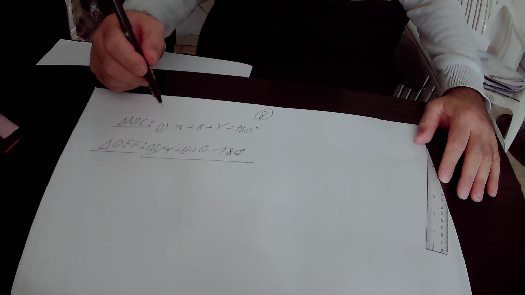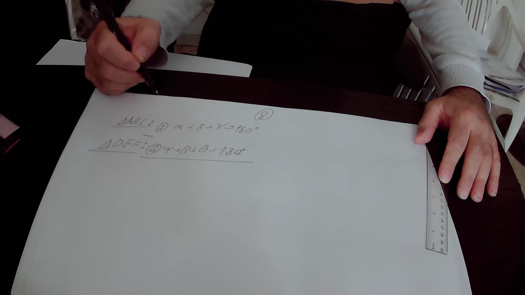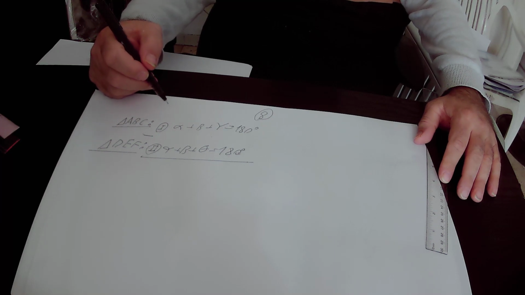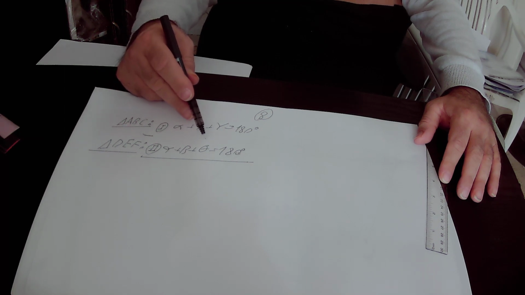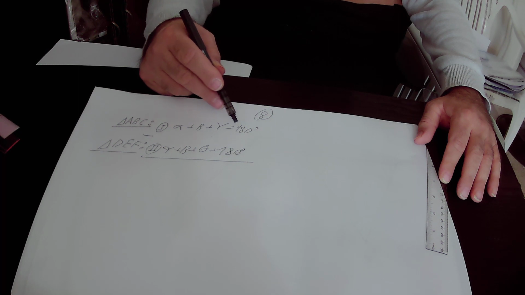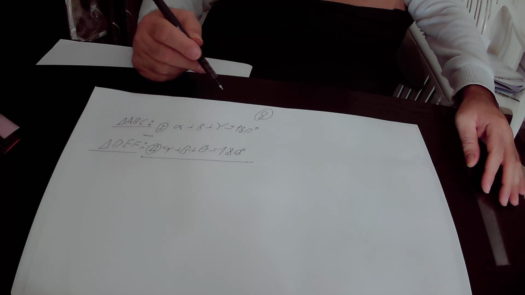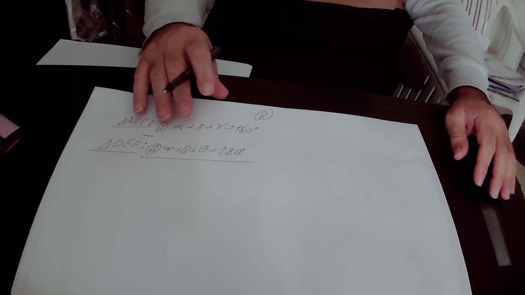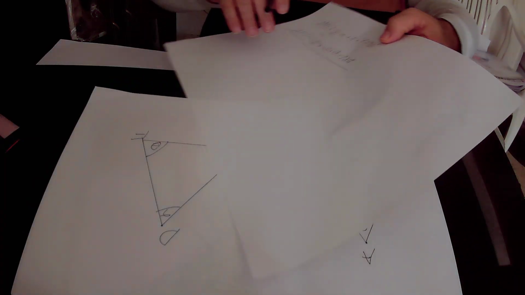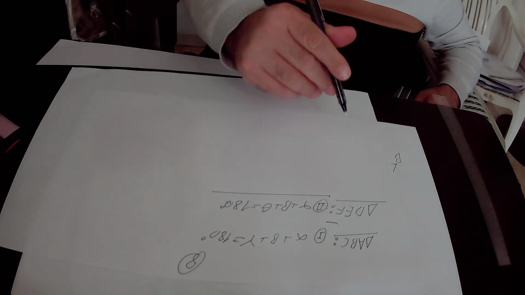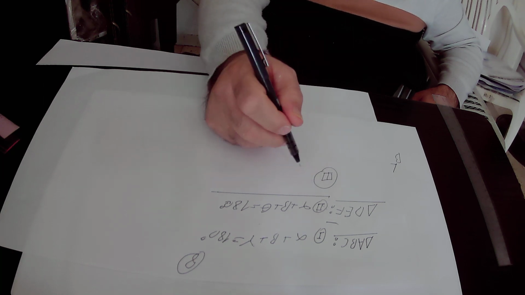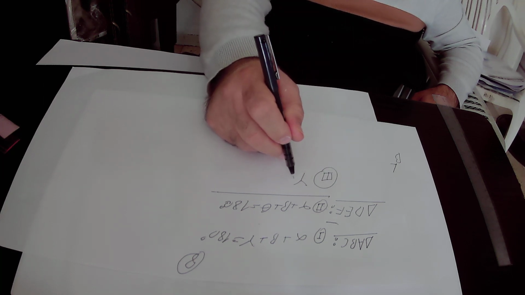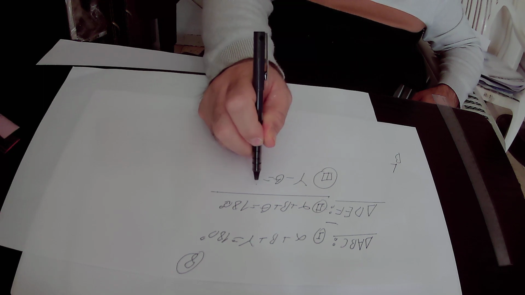So here we will subtract equation number 1 from equation number 2. So alpha minus alpha is 0, beta minus beta is 0, and gamma minus theta equals 180 degrees minus 180 degrees, which is 0. So we found out that according to equation number 3, gamma minus theta equals 0,